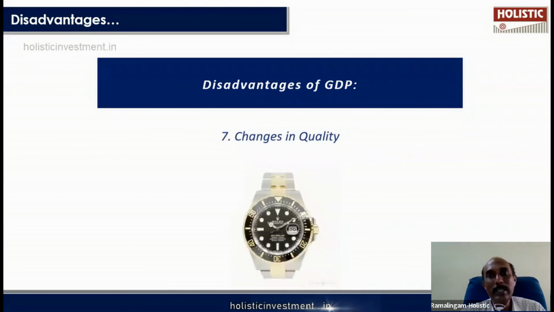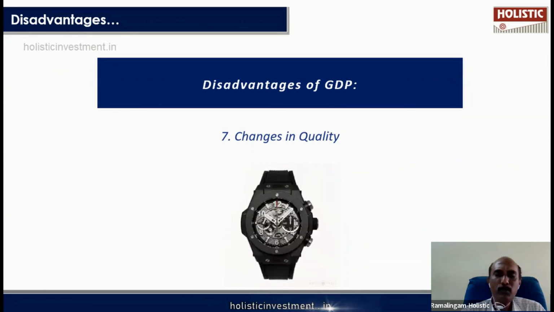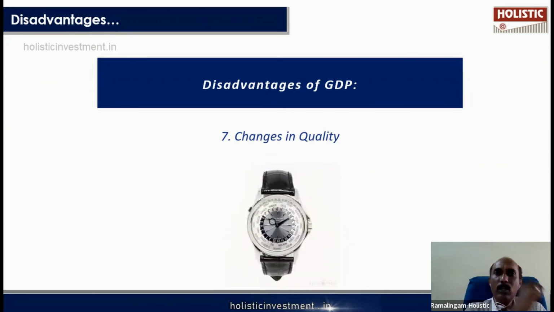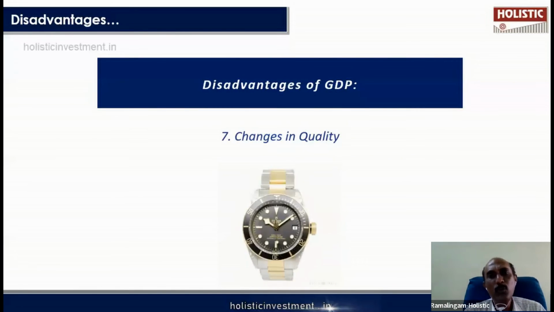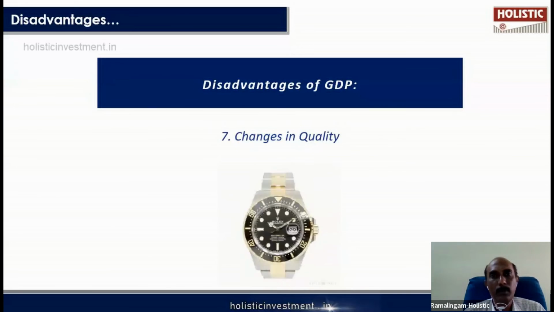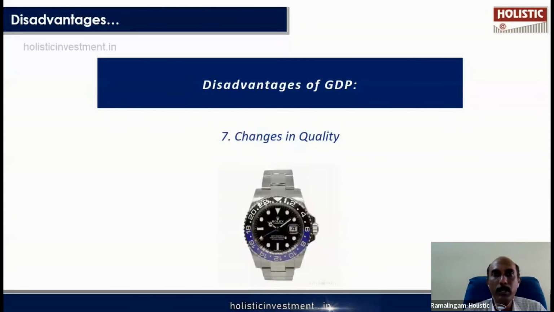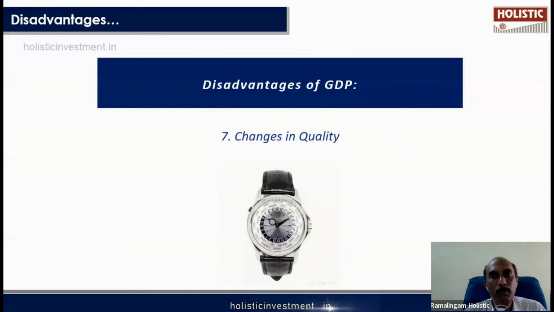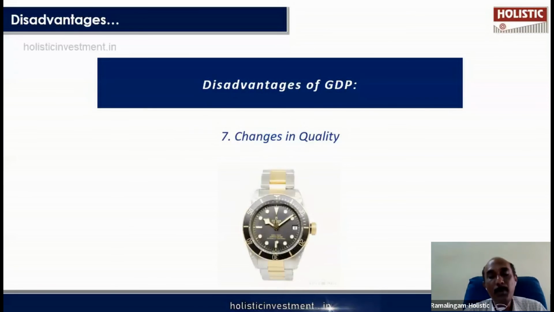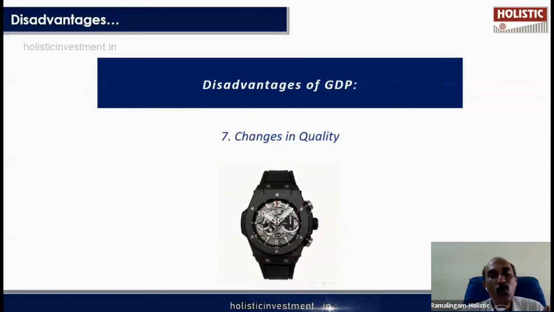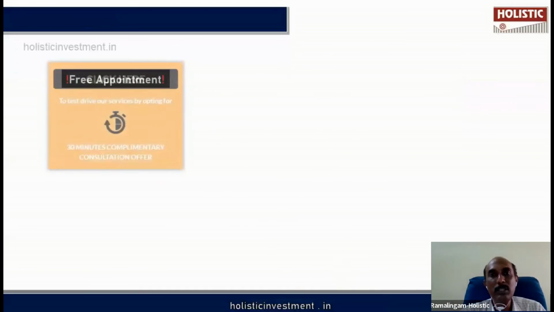And the changes in quality are also not considered. If a smart watch is produced with added quality and the price is higher than the last year's model price, is it because the inflation rate went up, or is it because the quality went up? It is difficult to judge, right? So why is a school charging more fees? Is it because they have adopted a new technology and a new method of teaching, so quality has gone up, or just because of inflation they are increasing the rate? We don't know. So changes in quality are not actually factored in the GDP calculation.